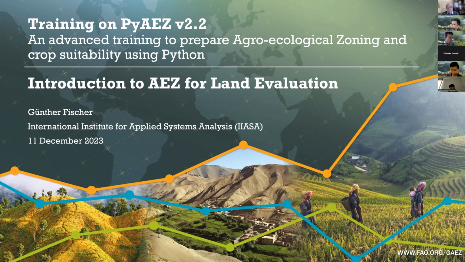IIASA's mission is to develop methodological approaches and to do assessments for real-world problems in the fields of demographic change, energy systems transitions, biodiversity and biosphere, including agricultural systems, agriculture and food security, and water sector, to give a few examples. Of course, intertwined with all these problems usually is the question of climate change. So IIASA has devoted a lot of research time to look into climate change mitigation and adaptation issues.